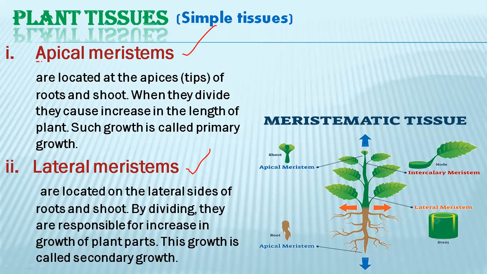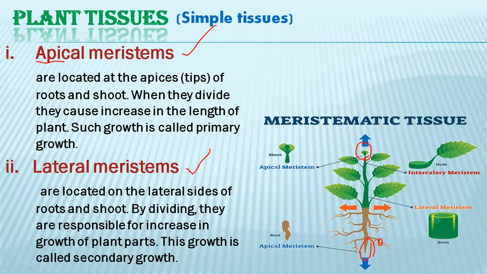Apical meristem: apical means apex, the meristems or tissues which are present at the apex, like at the peak, like at the pointed ends of the plants. Pointed ends are definitely here, the apex, like the peak of the plant, as well as here at the downward end where the root ends are. So they are present here, apical meristems, here apical meristem, not this one. What is their function? They divide and cause an increase in the length of the plant.